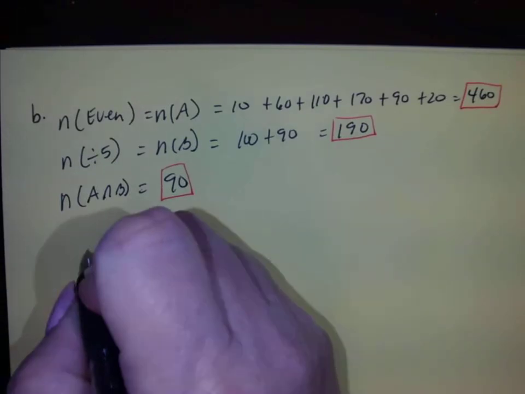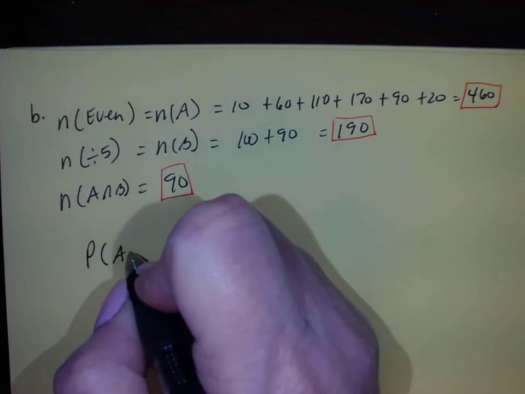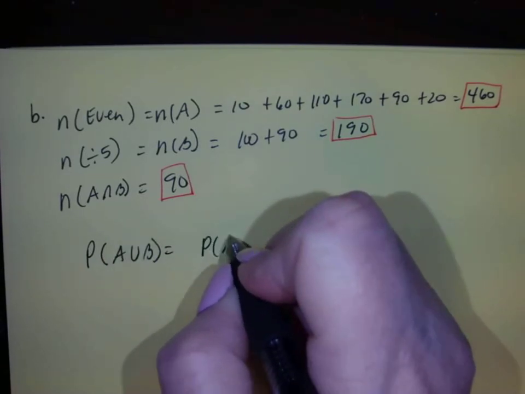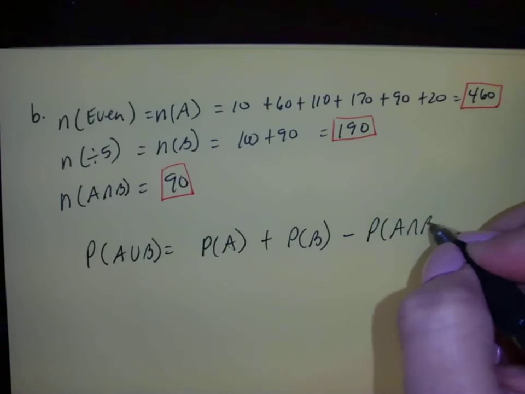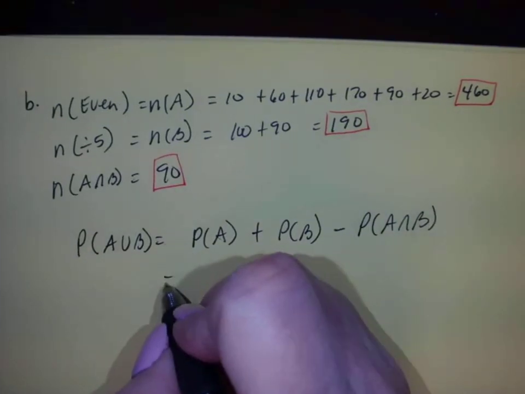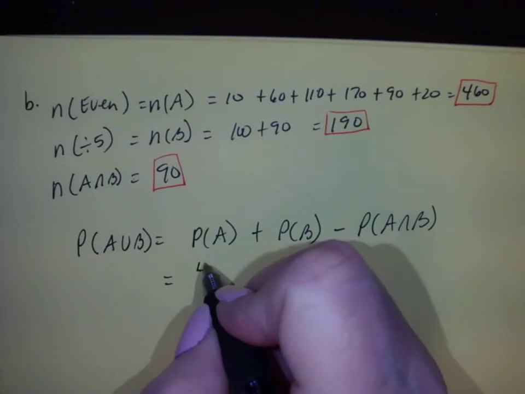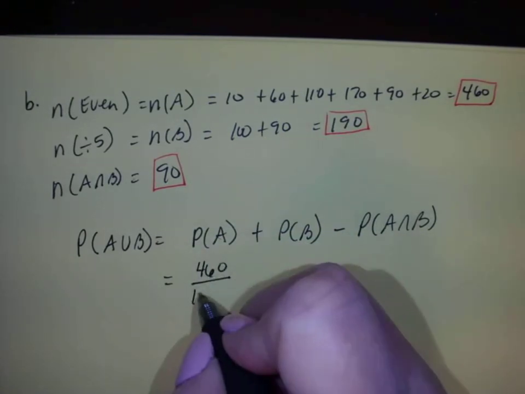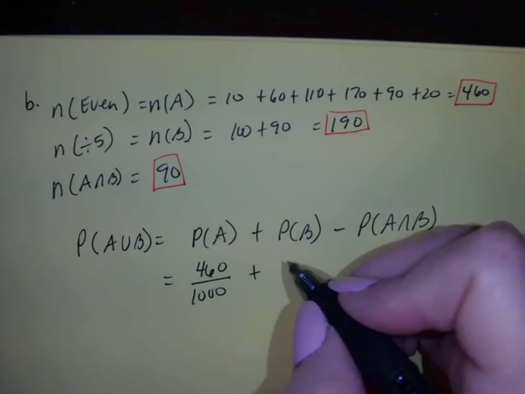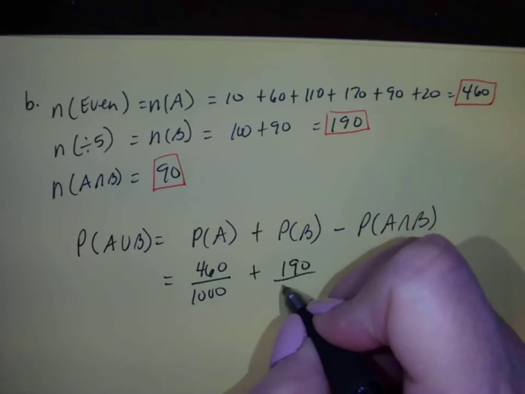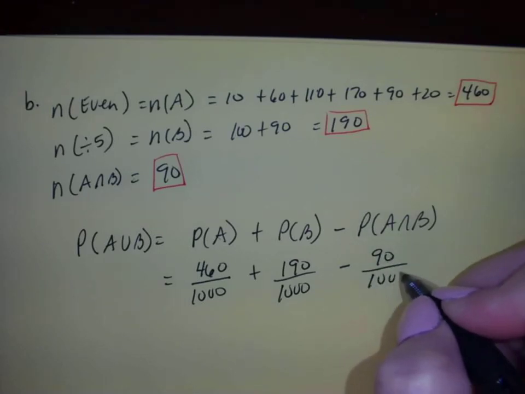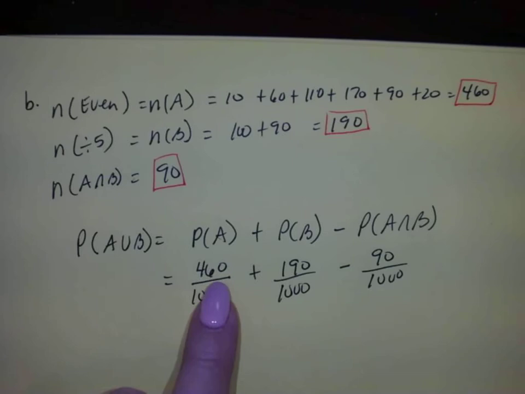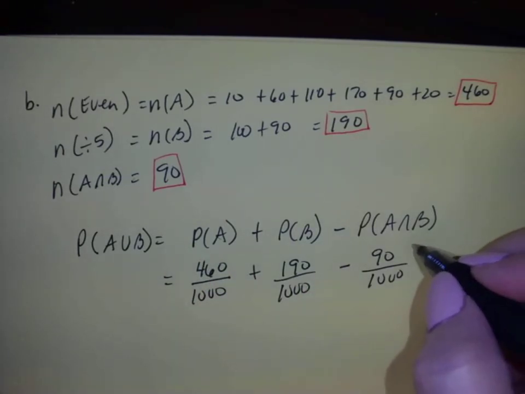All right, so now we have the probability of A union with B will be equal to the probability of A plus the probability of B minus the probability of A intersected with B. So the probability of A was 460 out of 1,000 again, like we did on the previous problem, plus the probability of B is 190 out of 1,000, minus the intersection is 90 out of 1,000. If we add those together, we end up with 560